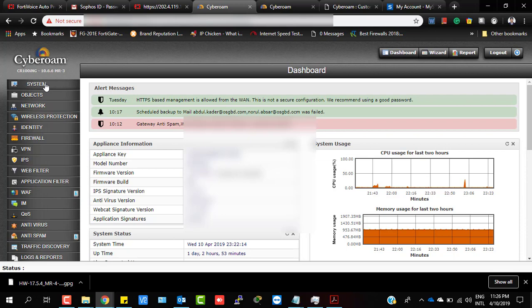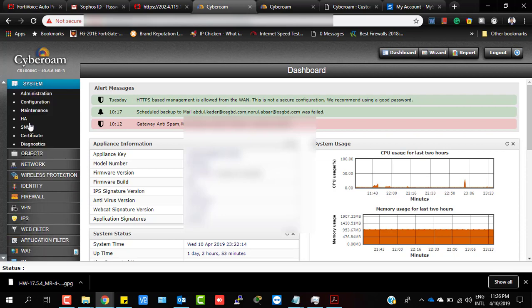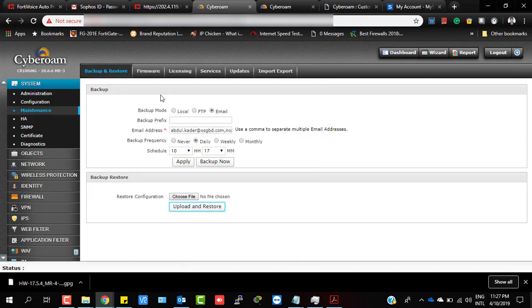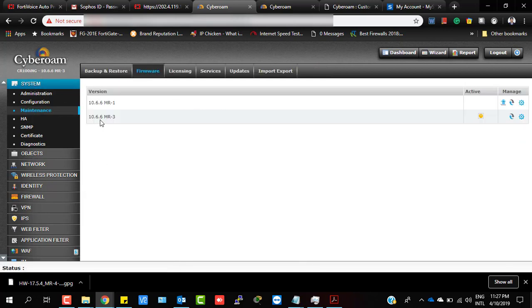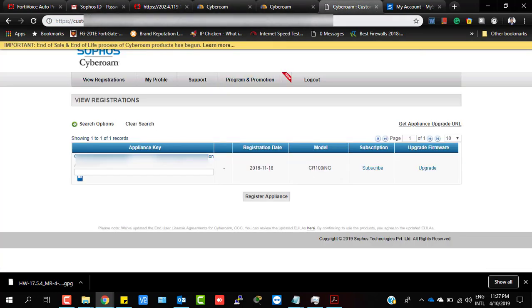Okay, to do this, let's check the firmware version. To check this, just go to System and then Maintenance. Here you can see the current firmware version 10.6.6 MR3, which is the latest firmware version of Cyberoam. But now I'm going to migrate this one to Sophos 17.5.4. To do this, at first we need to log in to the Cyberoam customer